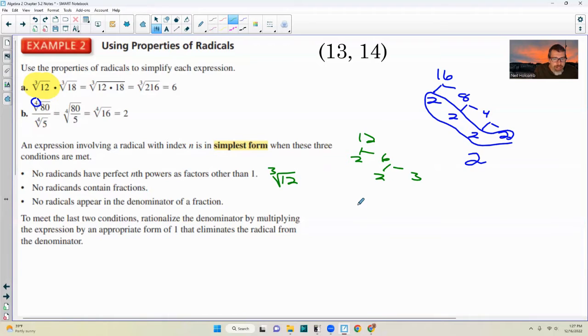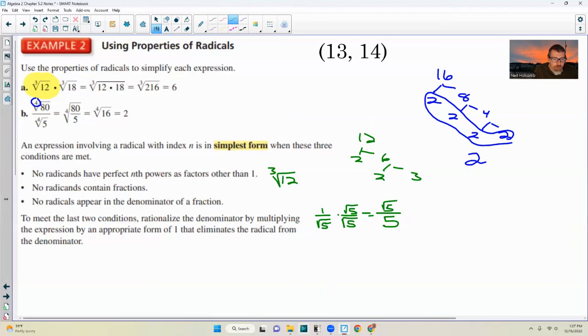Okay, so in other words, if I ended up with 1 over, I don't know, the square root of 4, I actually don't want 4 because that's just 2. If I had 1 over the square root of 5, I cannot simplify that square root, and I can't have a radical in the denominator. So what I would do is multiply the top and bottom by the square root of 5, because anything divided by itself is 1. When I multiply this times 1, it stays the same. 1 times the square root of 5 over the square root of 5 times the square root of 5